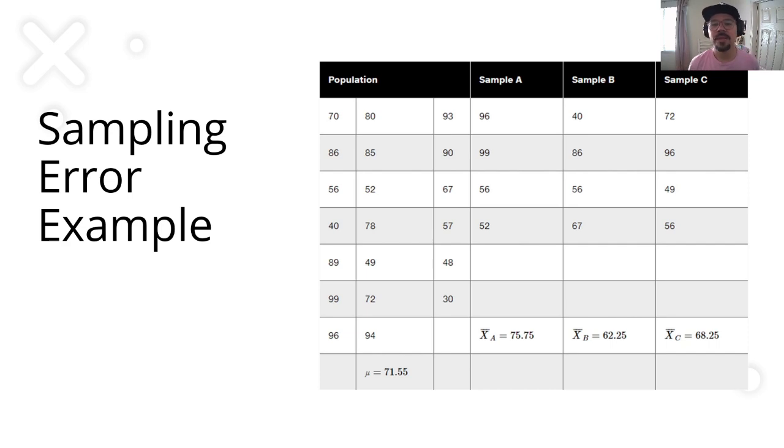Notice now that we are not talking about individual scores, right? We're not saying that we're only talking about this number 96 from this population. We're talking about drawing a sample from the population. And so samples, we have to keep in mind, are representative of a number of different scores, right? A sample is a smaller subset of scores from the population. All right, so